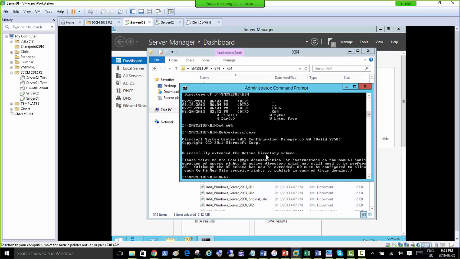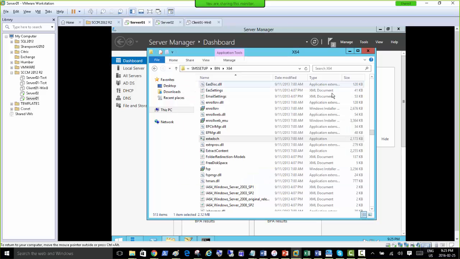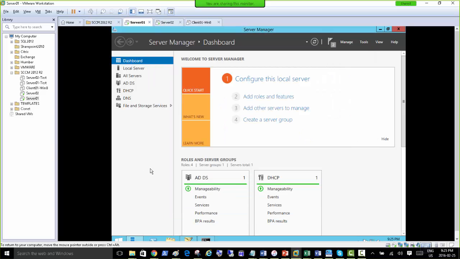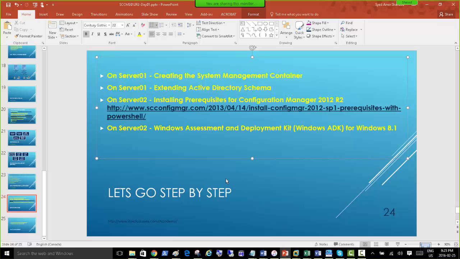So these were the two tasks we needed to do to extend the schema, so Active Directory could welcome the SCCM deployment, or know the attributes of SCCM inside the schema. So this is done. These steps are recorded, and they are in that blog as well. You just need to know where to go and what to do. I'm just going to minimize that, not closing it, and closing this one. So if I go to the slide now,